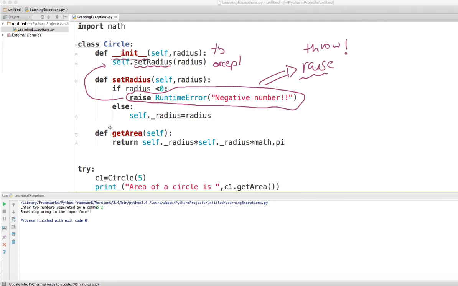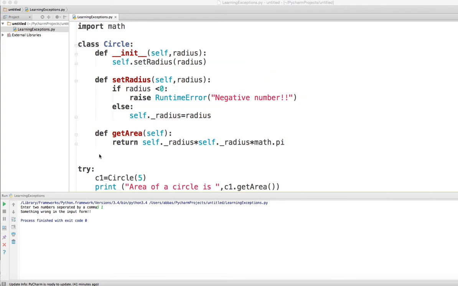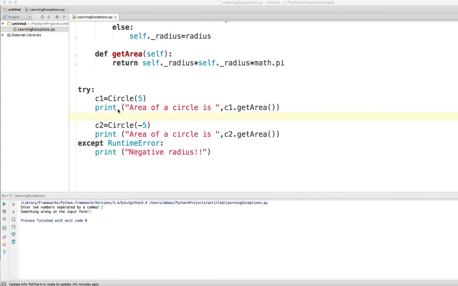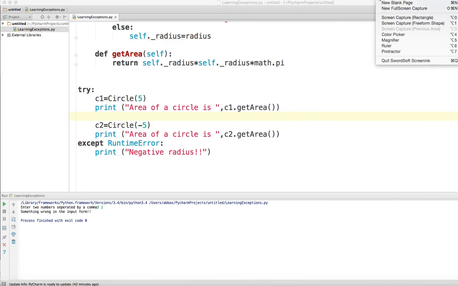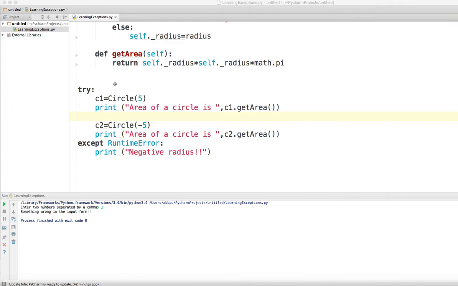Who called init? Well, init has been called from right here. If you look at this code, when I call the circle, this is when I'm calling the constructor, and here again, this is a point when I'm calling the constructor. So I have two places where I'm calling the constructor. That exception which was floating around from set radius to init, and then init throws it back inside